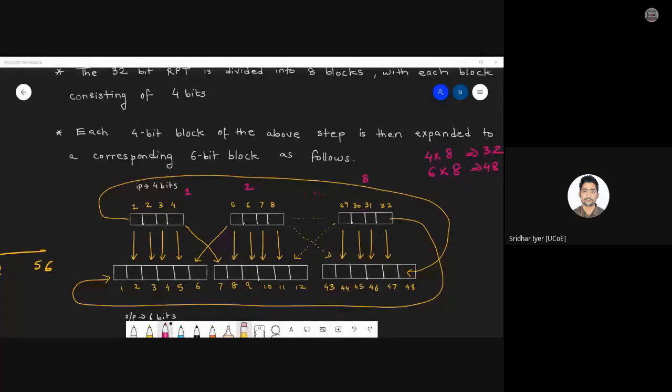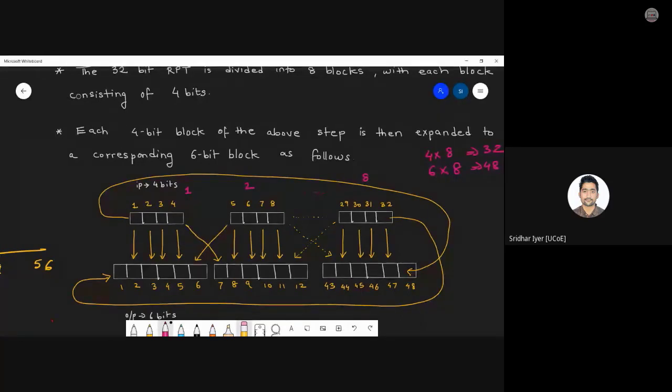Fine. Now, what about the first and the sixth bit? It is very simple. The sixth bit is nothing but the first bit of the next block. Am I clear? Check this diagram carefully. The sixth bit, that is this bit, is nothing but the first bit of the next block. So it is basically a daisy chaining sort of thing, which happens like this. Kindly have a look and let me know if this is clear. Yes, A division, B division, clear? Fine.